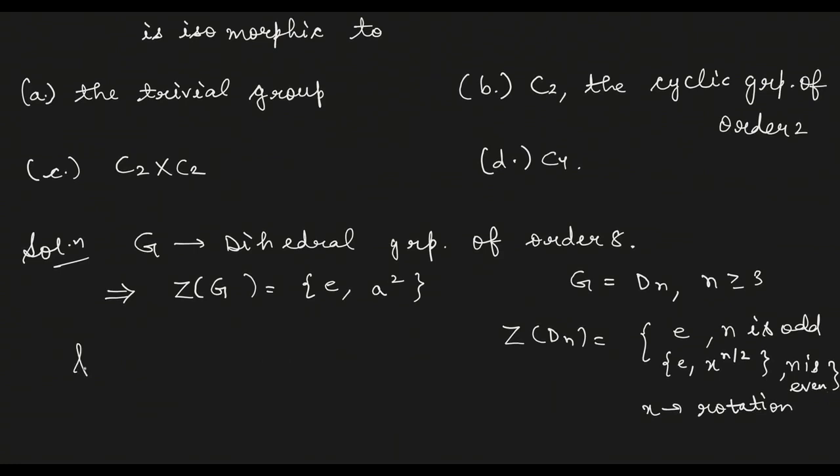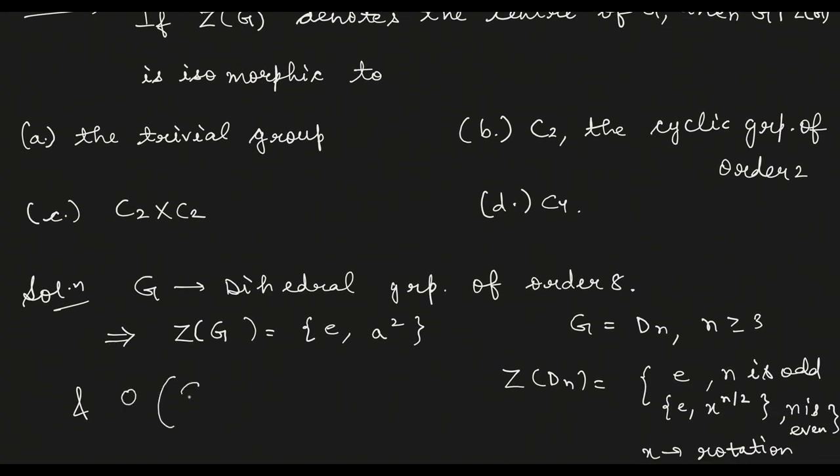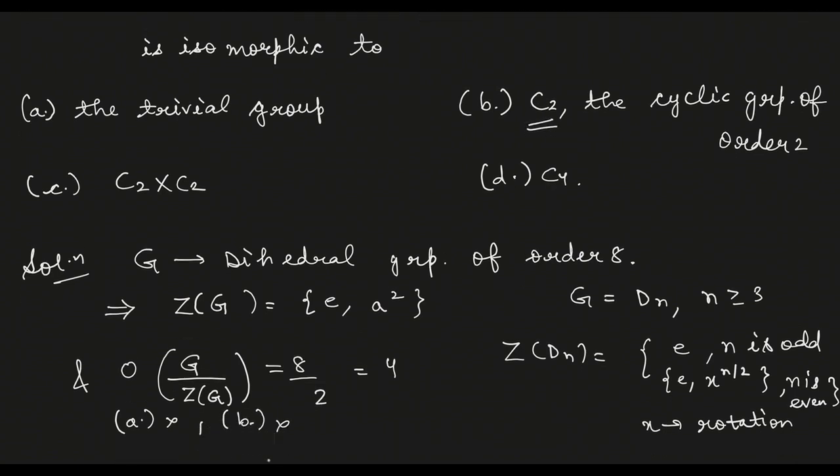सो फर्स्टली सबसे पहले तो ऐसे ही देख लो ना, G/ZG इज आइसोमॉर्फिक टू विच ग्रुप। जिसके भी आइसोमॉर्फिक होगा ऑर्डर शुड बी सेम। सो ऑर्डर ऑफ G/ZG, जी का तो फिर 8 हो गया। यस, 8 और ZG का 2 है। 4 हो गया। A part is discarded, ट्रिवियल ग्रुप का ऑर्डर 4 तो होता नहीं। C2 दिस इज ऑल्सो डिस्कार्डेड, V part। ठीक है।